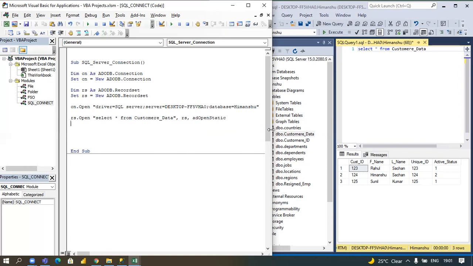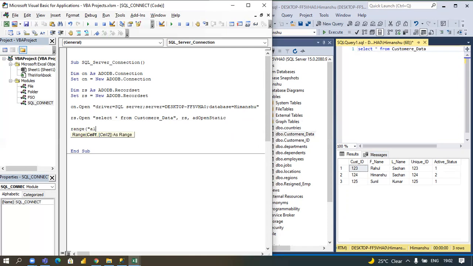Okay, so now here we have given the query, the execution query from this table, that one is customer data. We will fetch the data, and the data will be stored in rs only. Now in the record set rs the data has been stored, and we have to save the data. We want to fetch the data in Excel only, so we will give the range of the Excel where we have to paste the data.